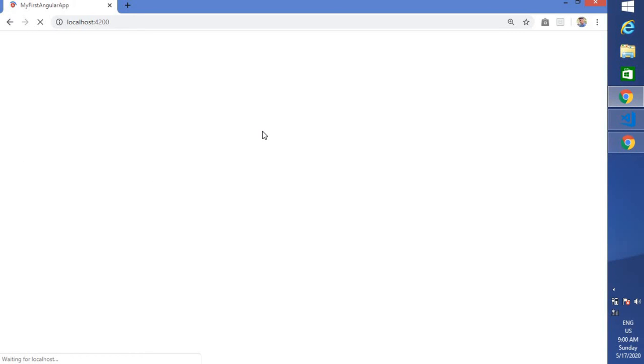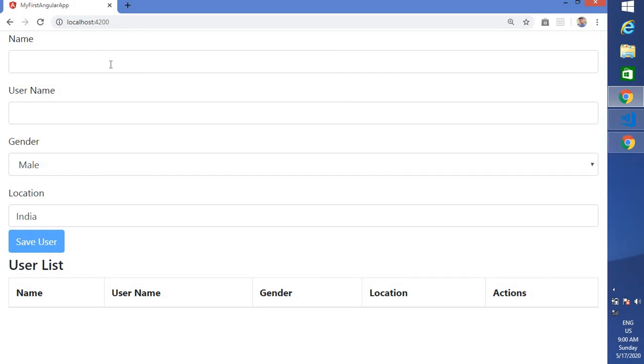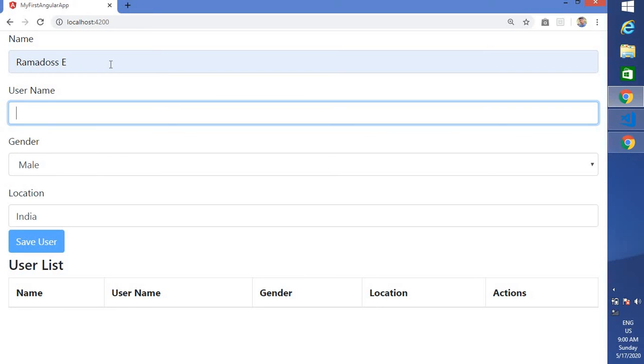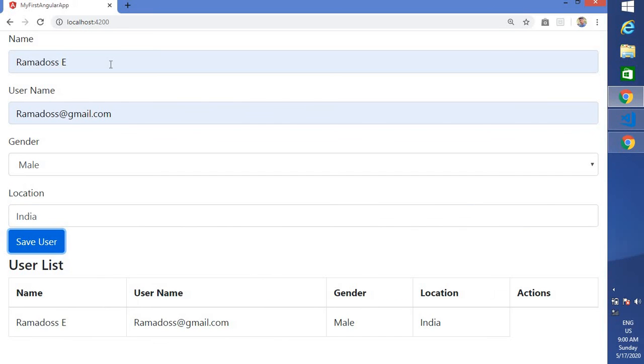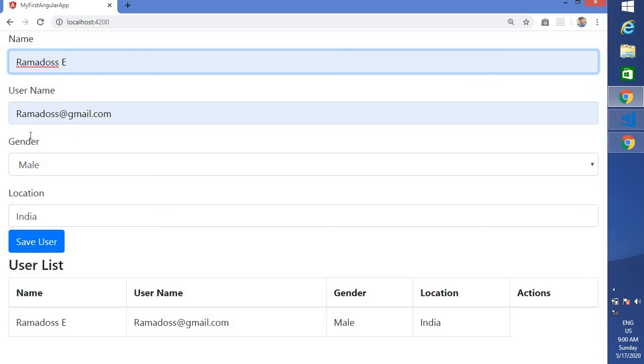Okay, we will fix that one later. Now let's think about this particular context, save it. Now we are able to save our data and we are able to see it.